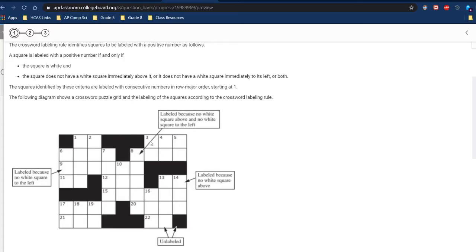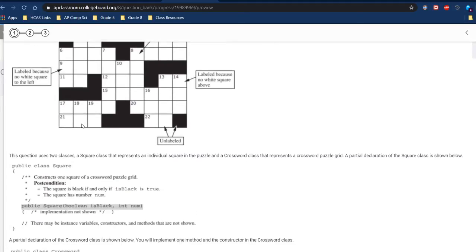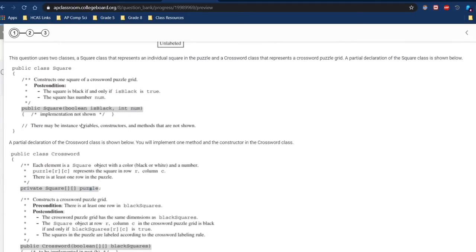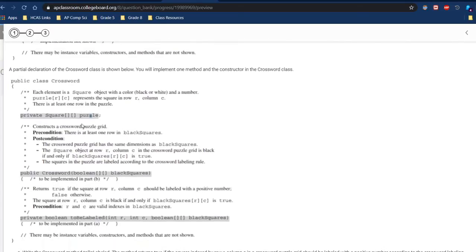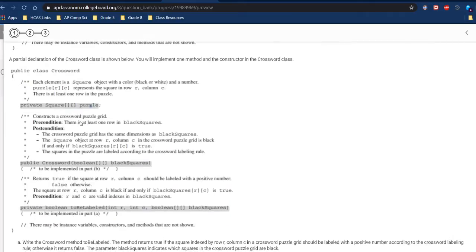Right, so you see here there's no white square to the left, so therefore it gets a number. Here there is a white square to the left but not above. Whereas this one has one to the left and above, so it doesn't get a number. Those rules will come back later when we're writing this out. Okay, so we can look through here. It's storing this as a regular 2D array,